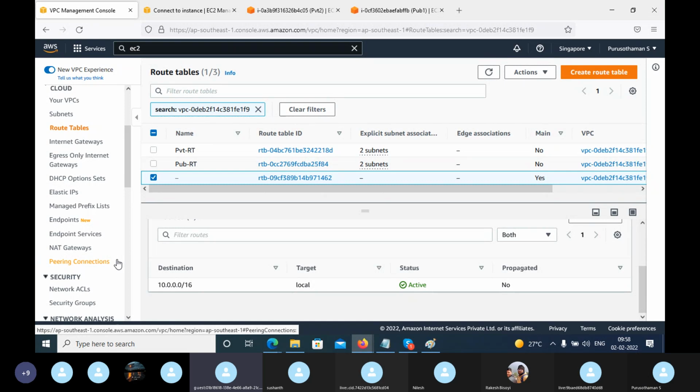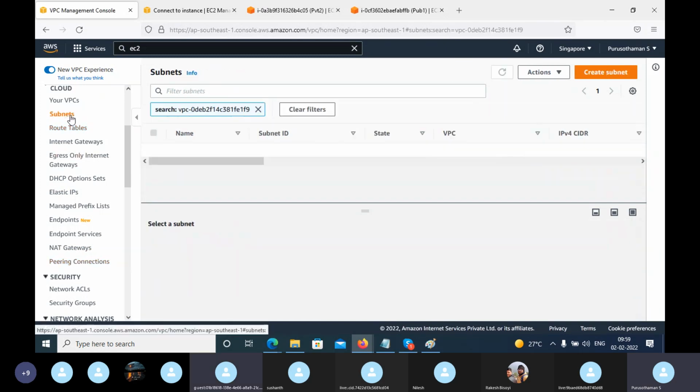My question was, does it go via route table only, or is there a separate concept? It goes via route table only. If you are connecting the default VPC and your VPC, it is connected via route table only. You can add a route of the private default VPC subnet into the public subnet of your VPCs. I can explain that in the VPC peering class, so don't worry about that. We can see it.